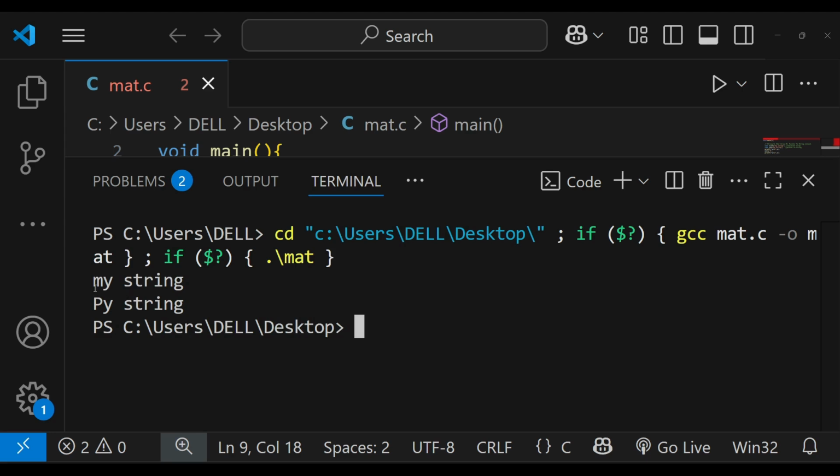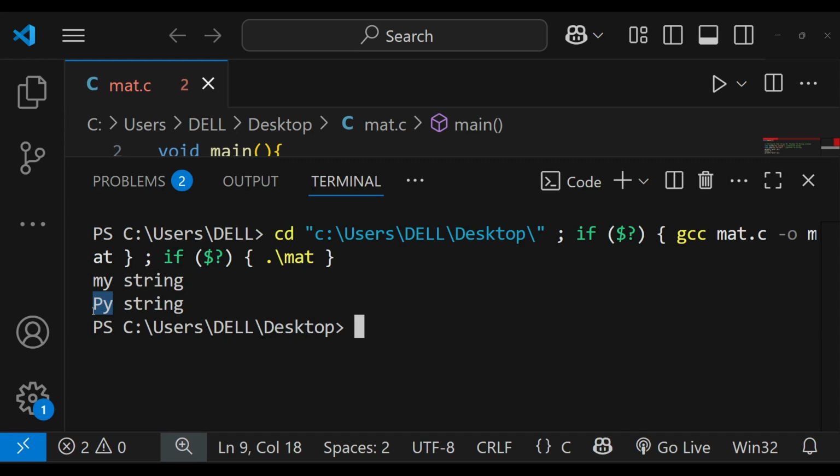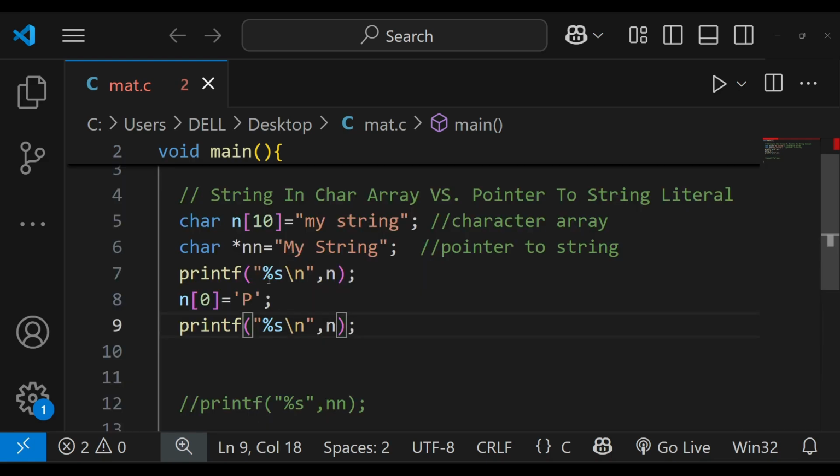Yes, so if you just go with the first, it is giving you my string, and the next time it is giving you pi string. That means I have replaced the first character with P. So it is possible when you are declaring a string using a character array, you are just initializing the string and you can change it. That is your choice. This is one